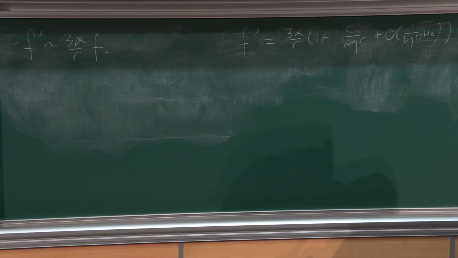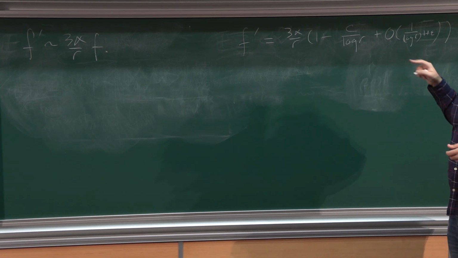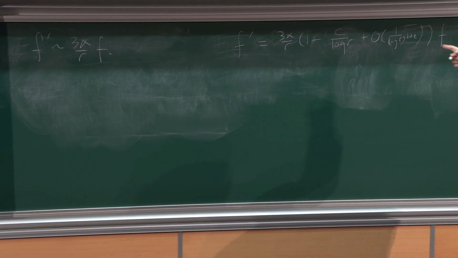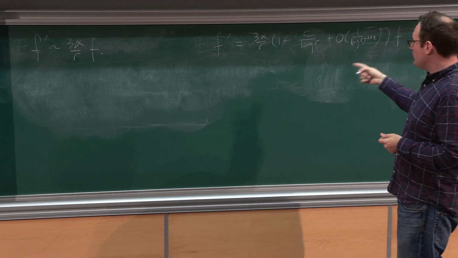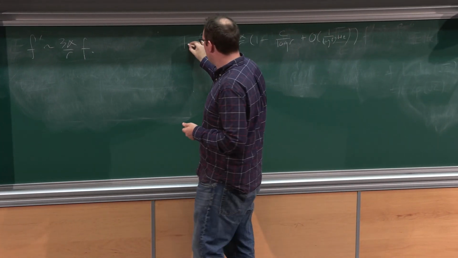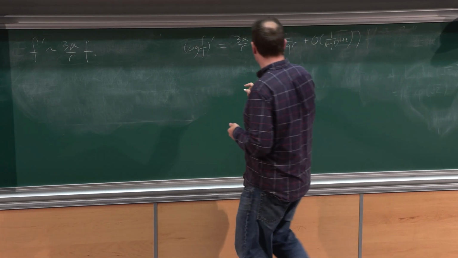This is actually not how this computation is going to work, but let me just say this is one of the ways that logs could appear: you have this constant over log appearing as the second order correction. Okay? Now, if you have this form of the ODE, you can just do the same thing we did before. You think of this in terms of the logarithmic derivative, right?